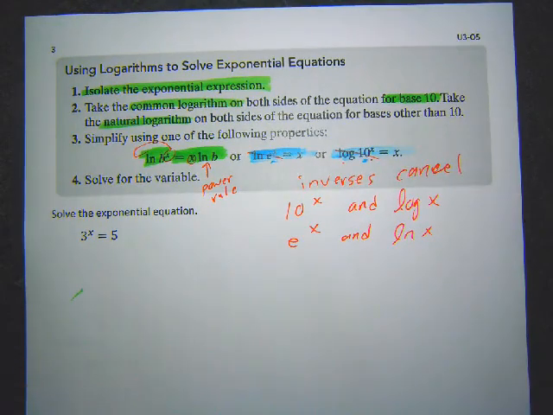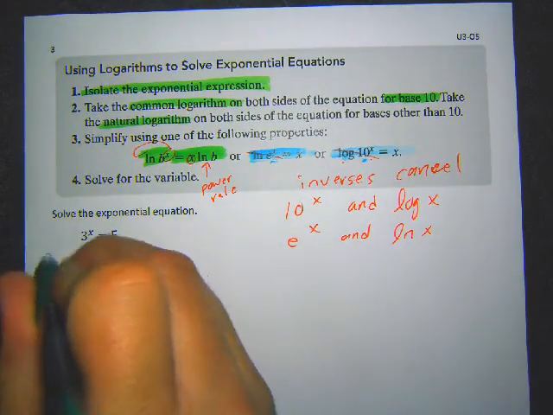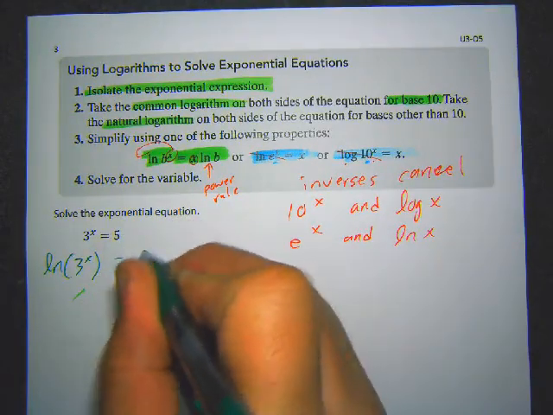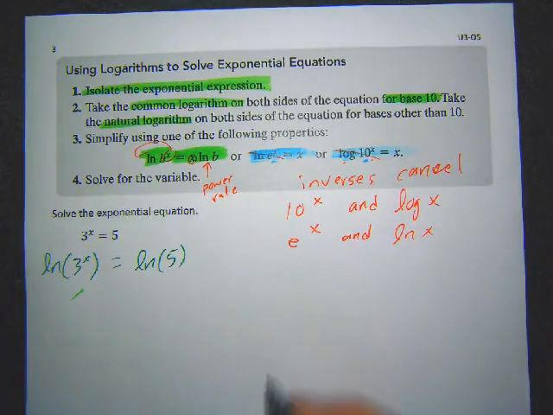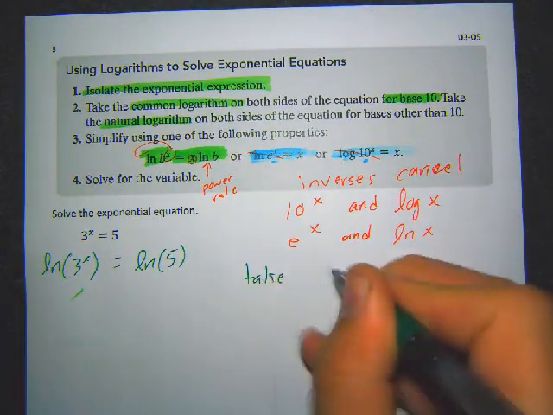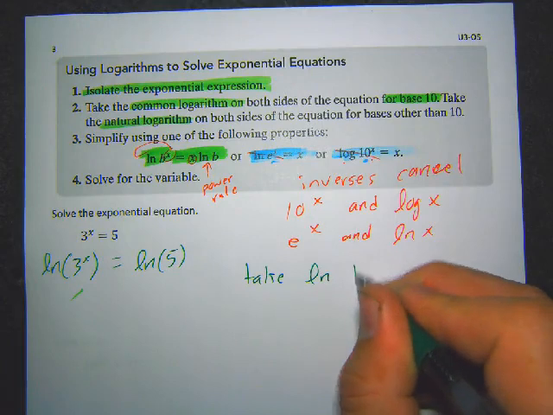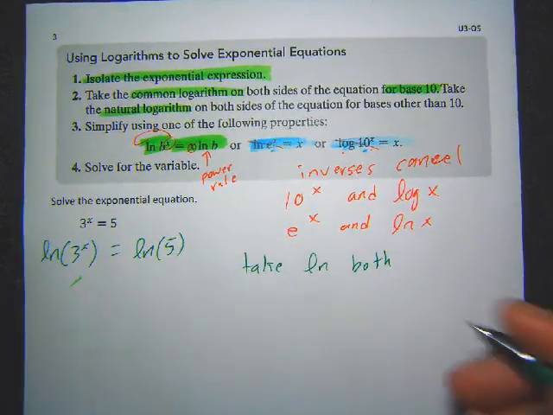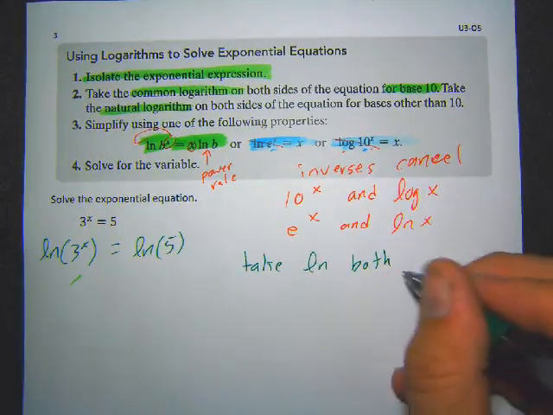We want to solve this because x is in the power. We're going to take the natural log of 3 to the x, and we're going to take the natural log of 5. So we always take the natural log of both sides, unless it's base 10. You're allowed to do this. It's just like square rooting both sides or squaring both sides. It's definitely allowed, so you can always do that